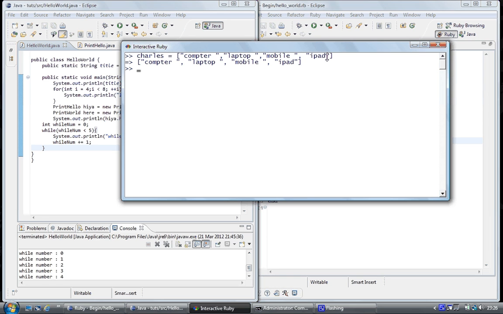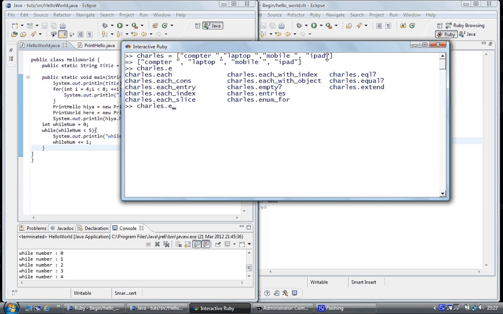And so I'm going to demonstrate that with the each command. So it's Charles's array dot each, and to show you the completion, I'm going to tab twice and it will show you the methods. Because there was only one each, it filled in itself. So if I just go to E, tab twice, it's going to show you all the each methods. Okay, and so each, and then I have to make the block of code,